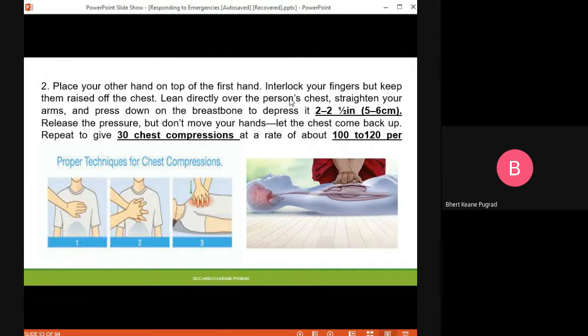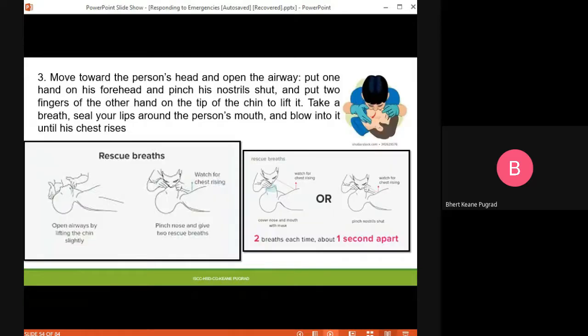Okay, so this means that you have already delivered one set of compressions, a total of 30. Dapat mabilis. Dati-rati kasi yung bilang namin noon when it's our first time to learn CPR is 1,002, 1,003, pero masyadong mabagal. That's why the most updated counting by the American Heart Association is 1, 2, 3, 4, 5. Parang ganun, para mabilis. Okay, do not worry, a separate instructional video has been shared para at least meron tayong other